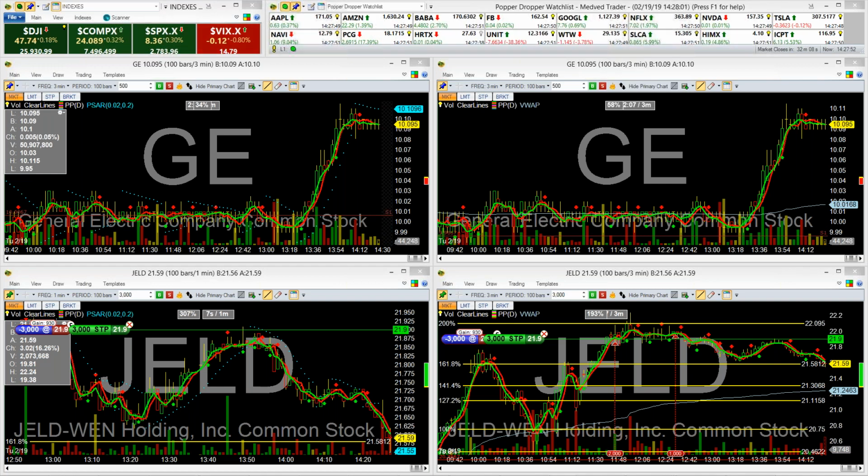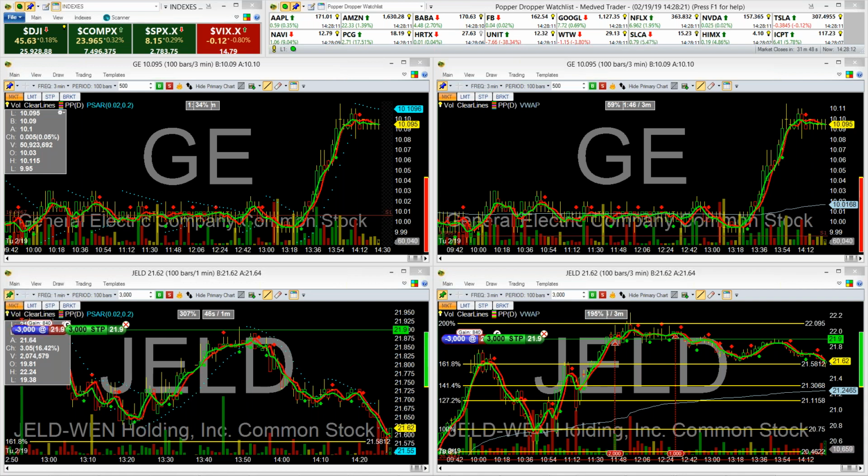Okay. Can Forex be traded through the API? And they should know what that means. You can tell them that you're going to use the Medved platform, and you want to be able to access the